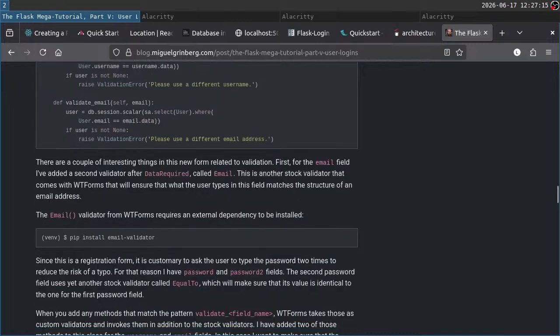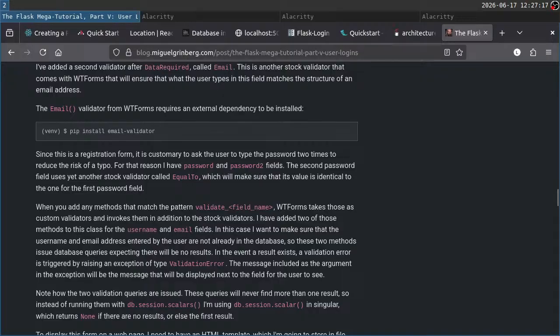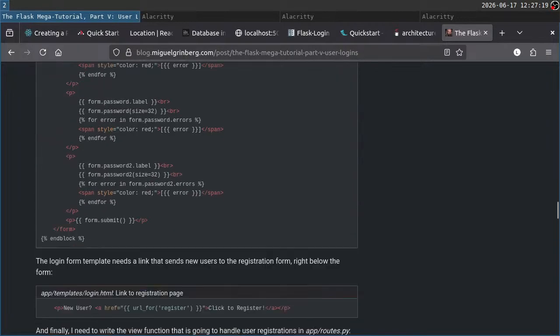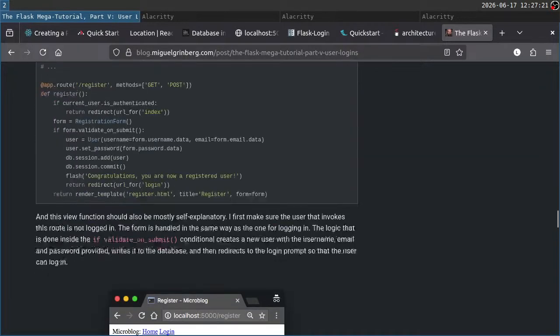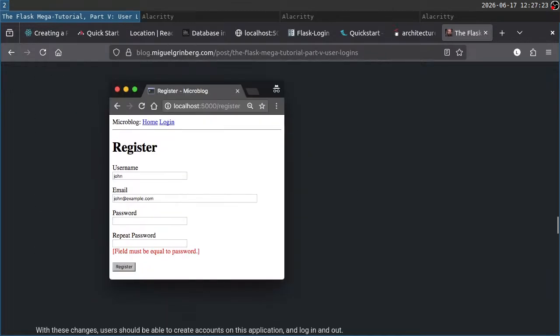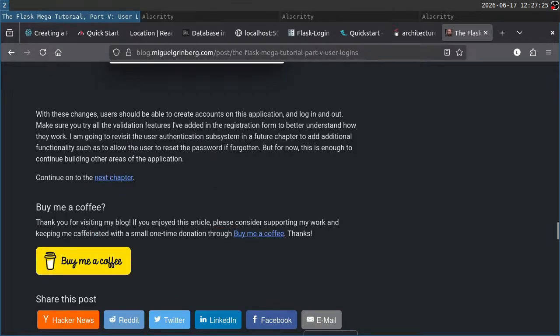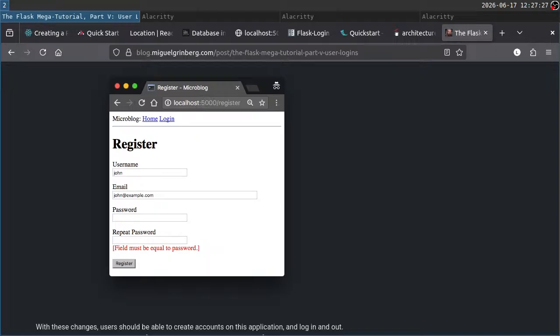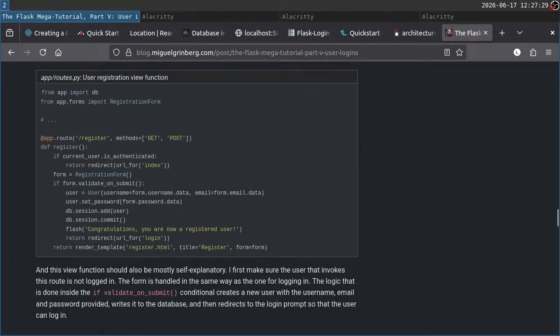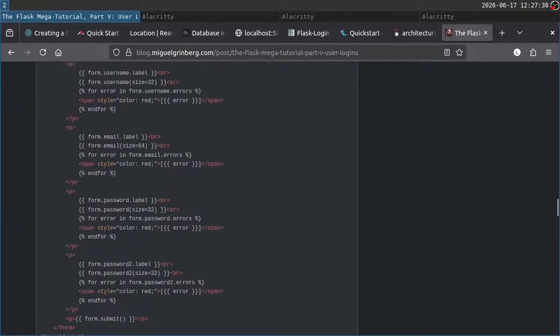User registration. This is quite a complete example. Thank you, Sir Miguel Greenberg. Actually, I had done this before already, but